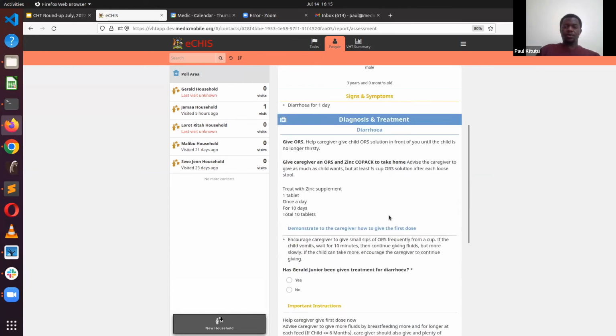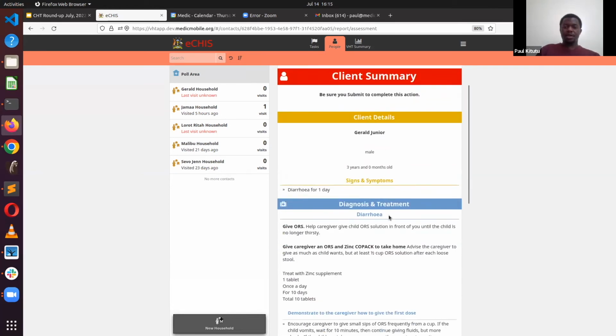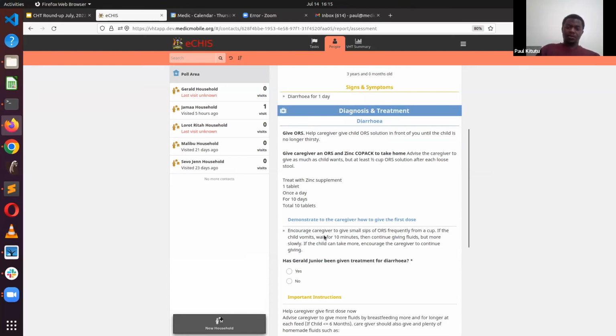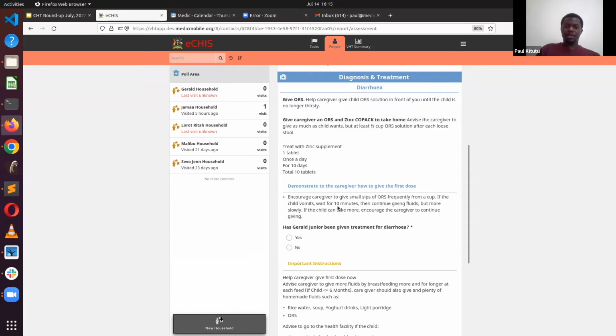Yeah, so when you go to the summary, client summary here, there is diagnosis and treatment, and it says give ORS, copac. I think the specific instruction is here. Give caregiver an ORS, zinc copac, take home, plus the dosage here. So one thing to note is that in this workflow, we are using copac as the unit for dispensing, not tablets or any other thing. So we'd expect a reduction of 1 since only 1 copac would be given in this case. Yeah, so when the CHW indicates that I've given this treatment,